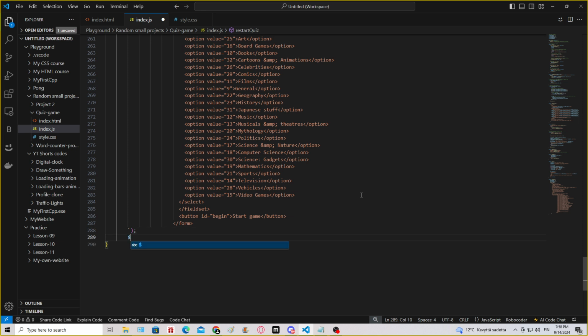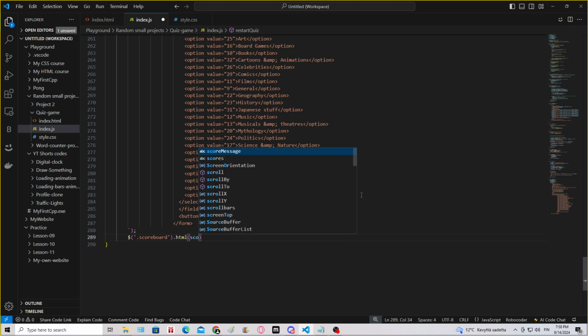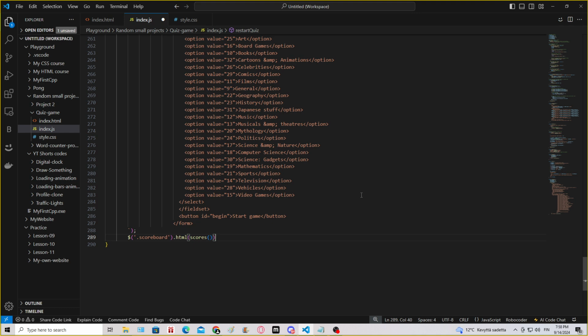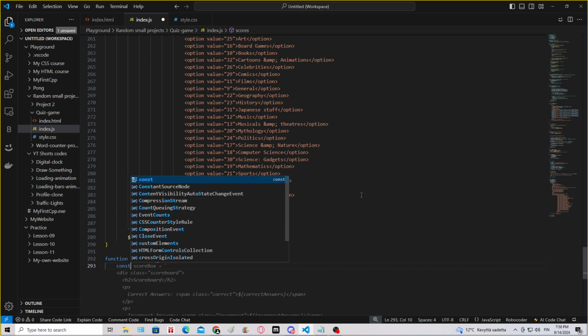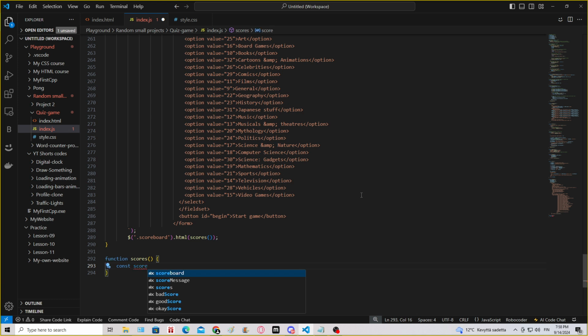Now we're gonna make a dollar, and then we are going to use the scoreboard HTML and scores, and there we go. This will update the scoreboard once again. And function scores, the final function of the project. So constant score make, let's make it a template string once again. And this first one, that's gonna be a list item with the class of score, and that's gonna say correct